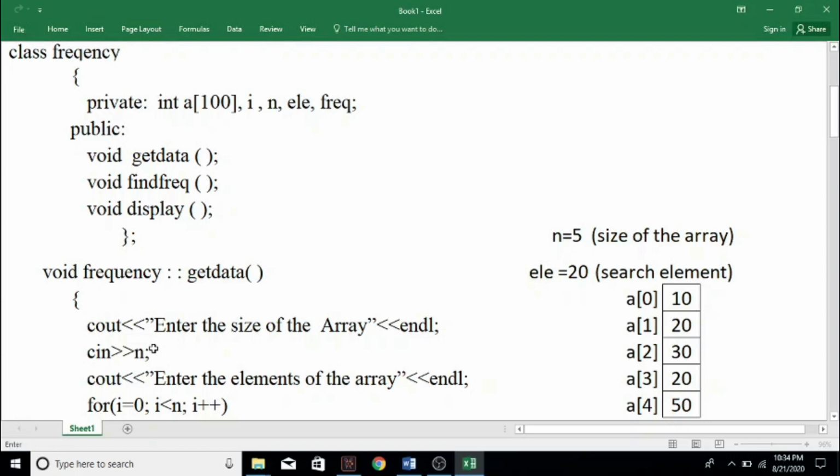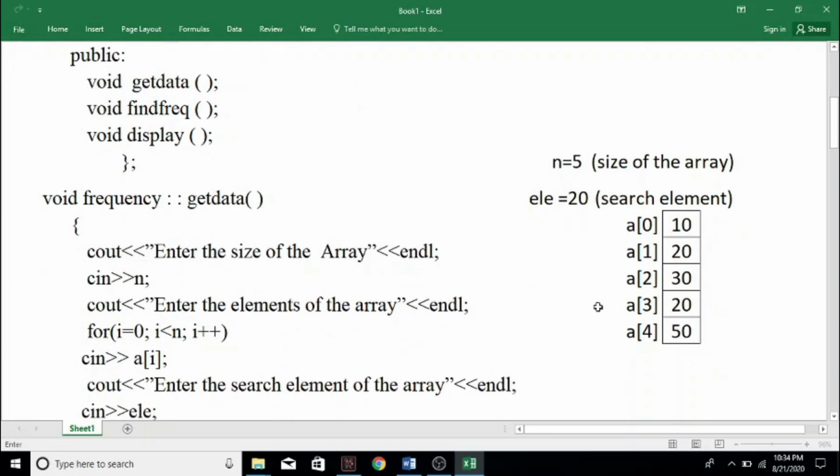Open flower bracket and cout, enter the size of the array, then cin n. That means we have to provide the size of the array, that is n equal to 5. For giving this value 5, we are using the variable n here. Clear? Okay.